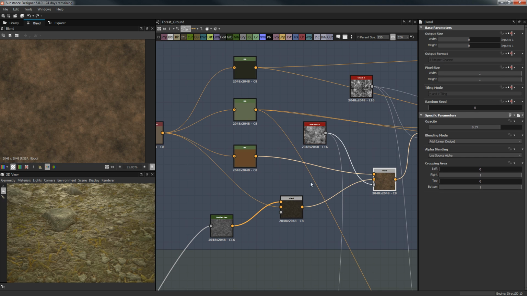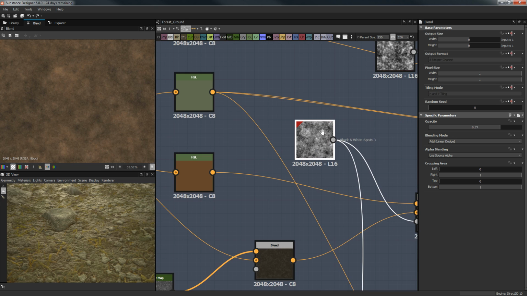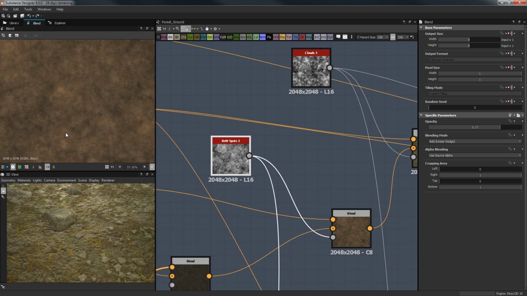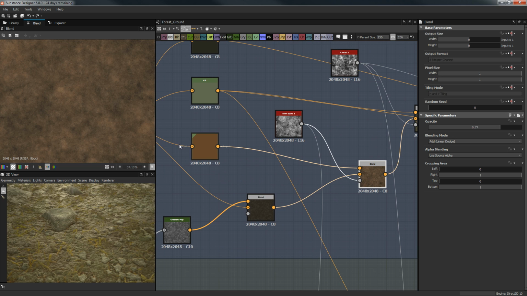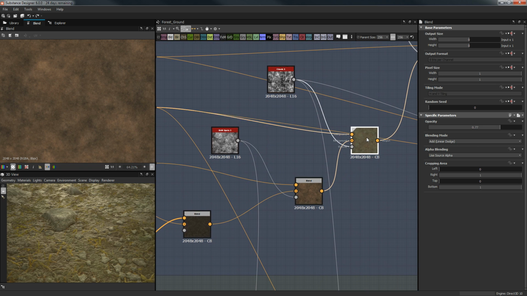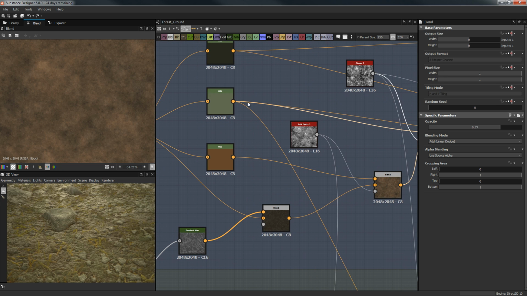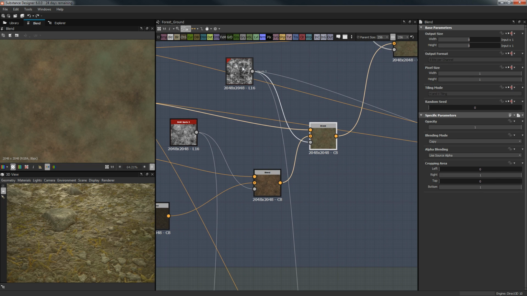So for the blend, what I did again, just took a few of the different noises we already have. Black and white spots 3 in this example, and add this more brownish color on top of this with add linear dots. I wanted to have a little bit of a hint of green, as you can see over here, so I'm using clouds 3, because it kind of looks like where a little bit of flora will